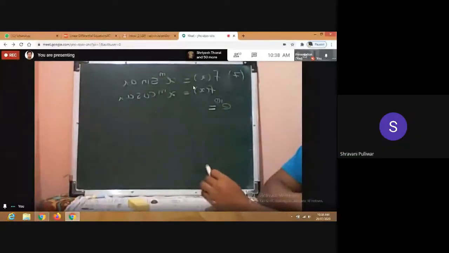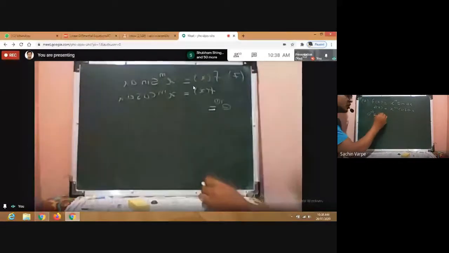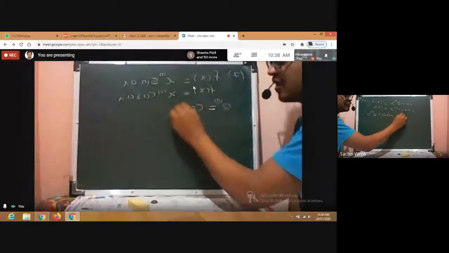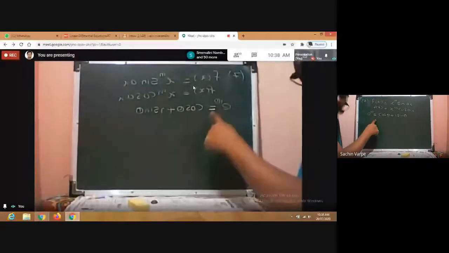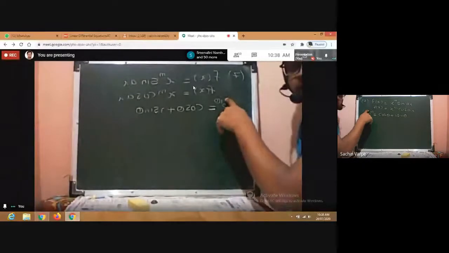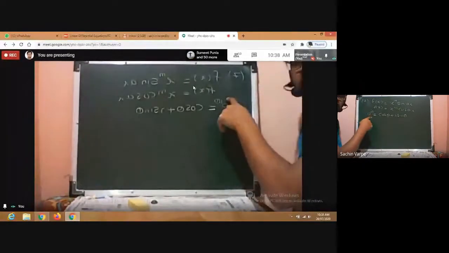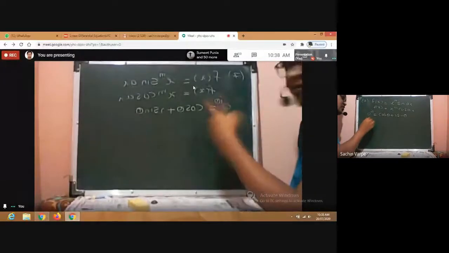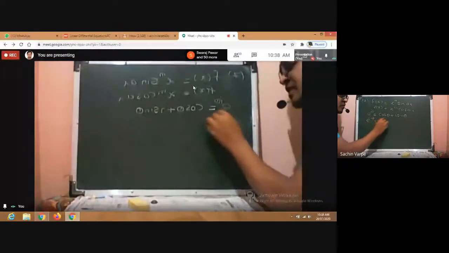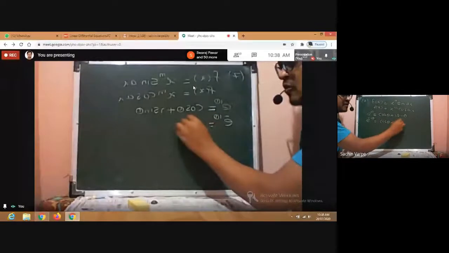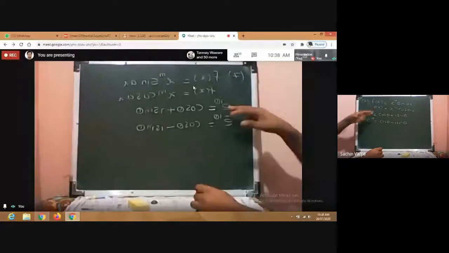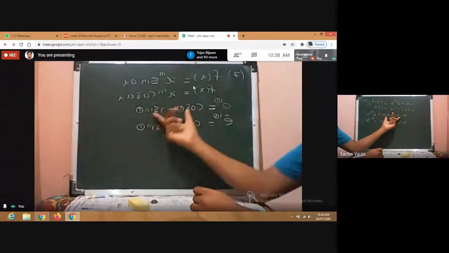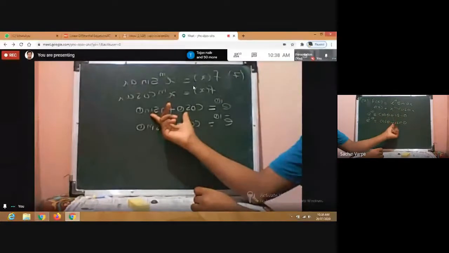Cos theta plus i sin theta. Huh. e raised to i theta is cos of theta plus i sin theta. Thank you. That is correct, isn't it? That is called the Euler's formula. And if it is minus, then e raised to minus i theta, that is the reciprocal or the inverse of e raised to i theta. So e raised to minus i theta को मैं कैसे लिखूंगा? Cos of theta minus i sin theta. Isn't it? You will say e raised to minus i theta is 1 upon e raised to i theta. That means 1 upon cos theta plus i sin theta. Then how do I get the minus sign there?